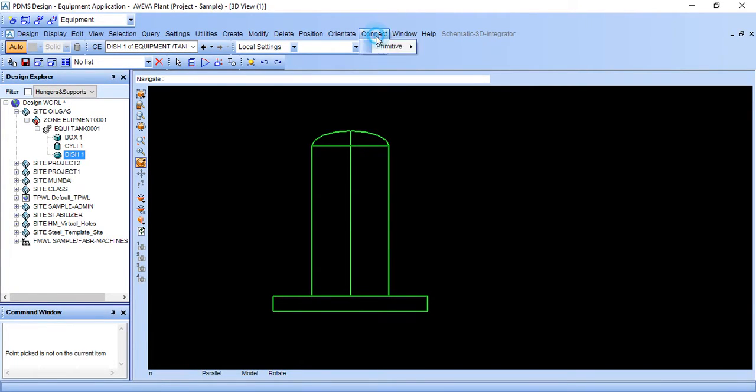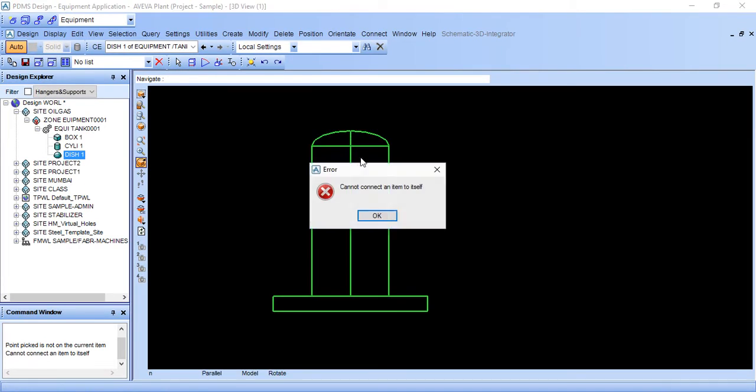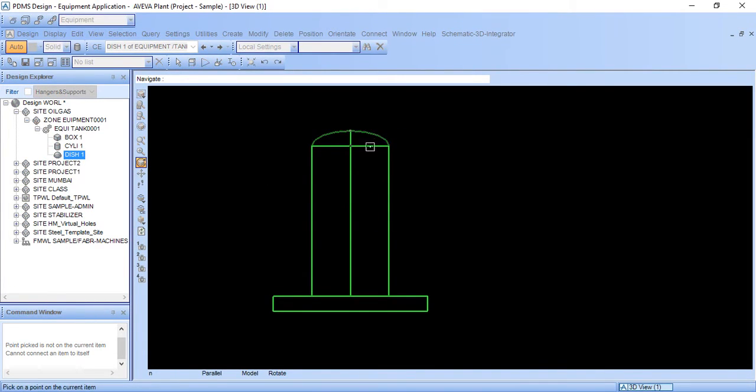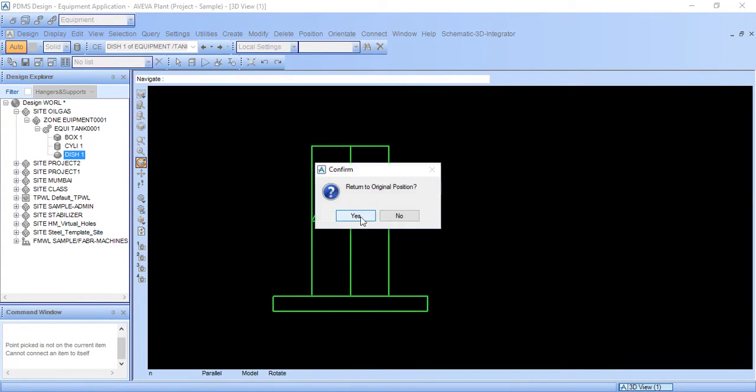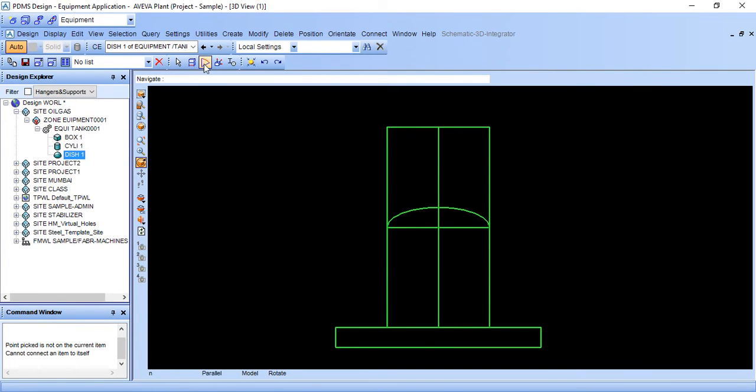Selection should be on the dish. I am intentionally moving this to here.